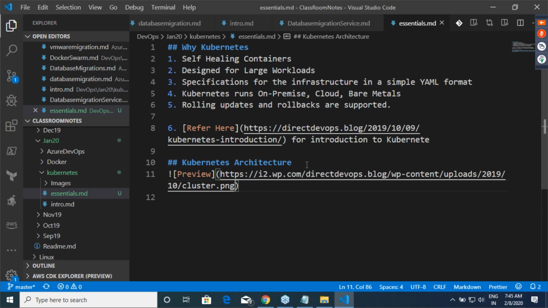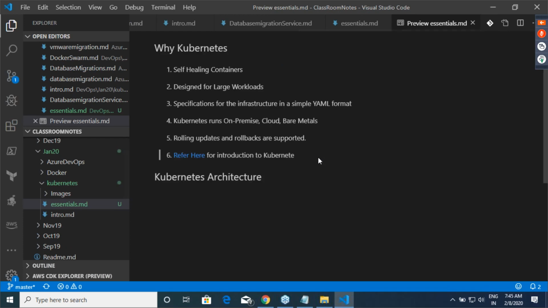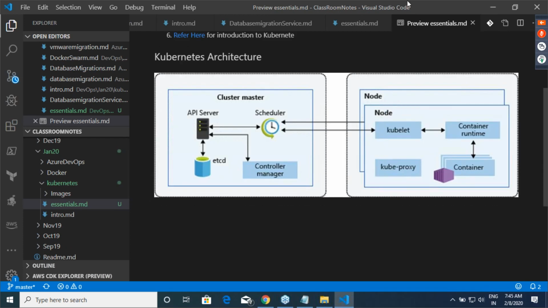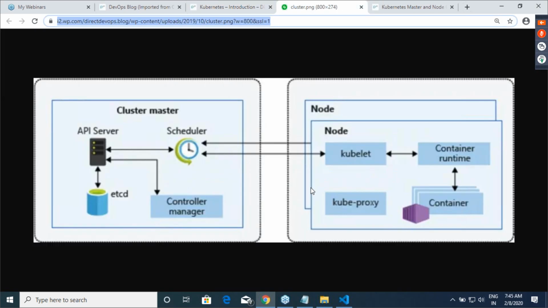Let me see if this is working. Okay, good. If you look at this image, I've taken this image from Microsoft's documentation. That was a better thing which I could do. So in Kubernetes, we have different terms to be understood.